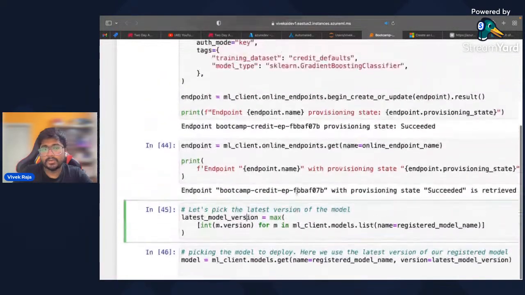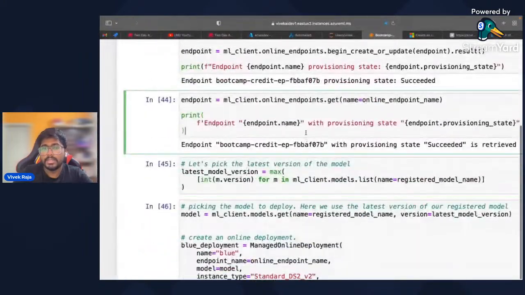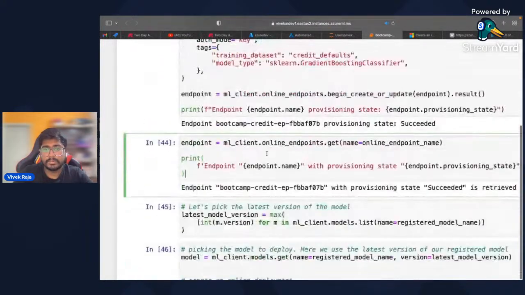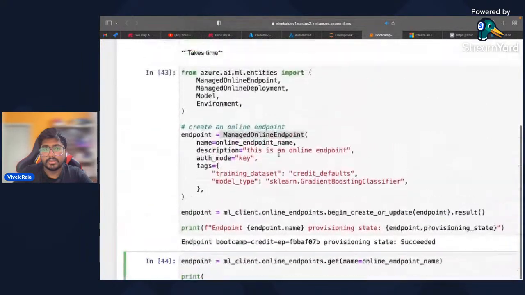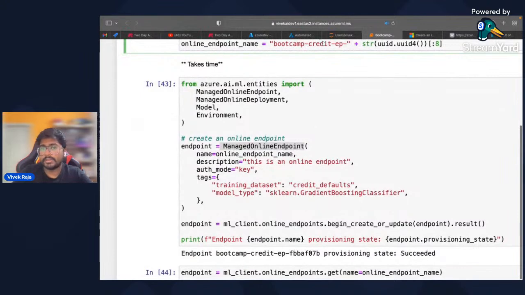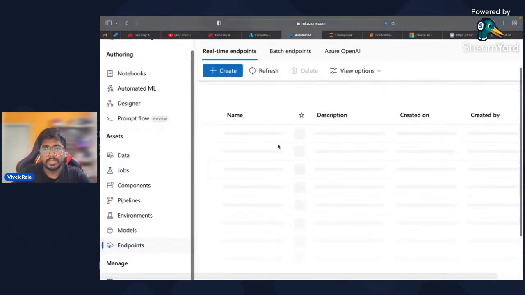And I'm going to take, okay, I just slightly skipped a couple of lines, so let me go one by one. I'm going to register this endpoint, and that takes time. Endpoint is equal to, let me take the same endpoint that is already deployed so that we could test and see how it works. Right.